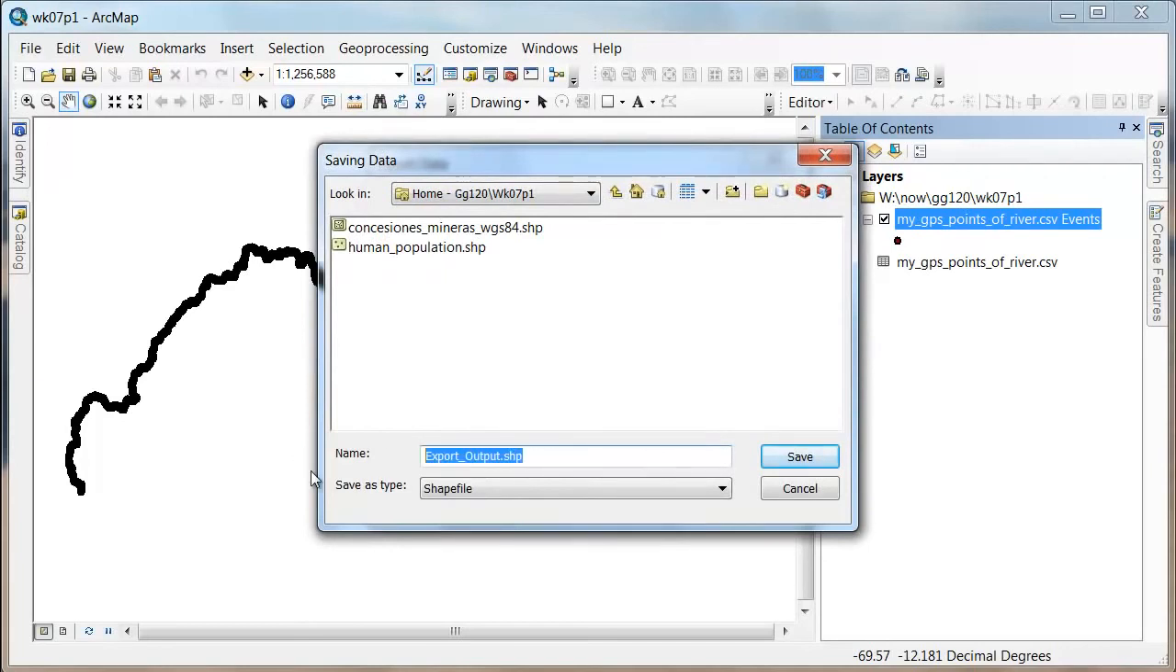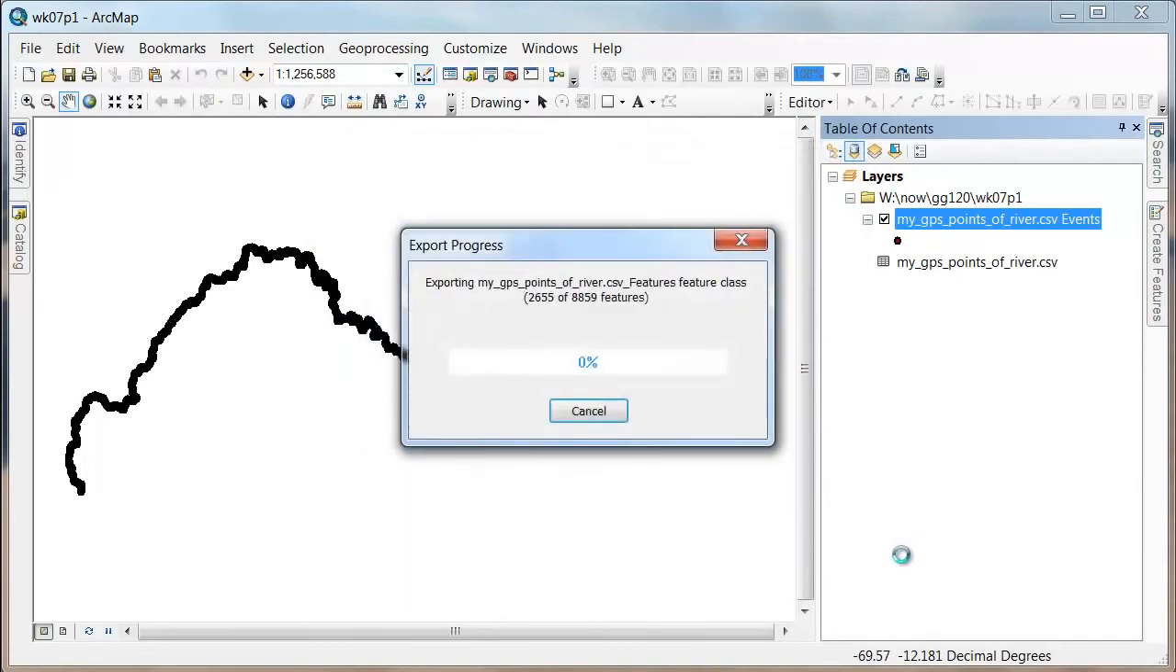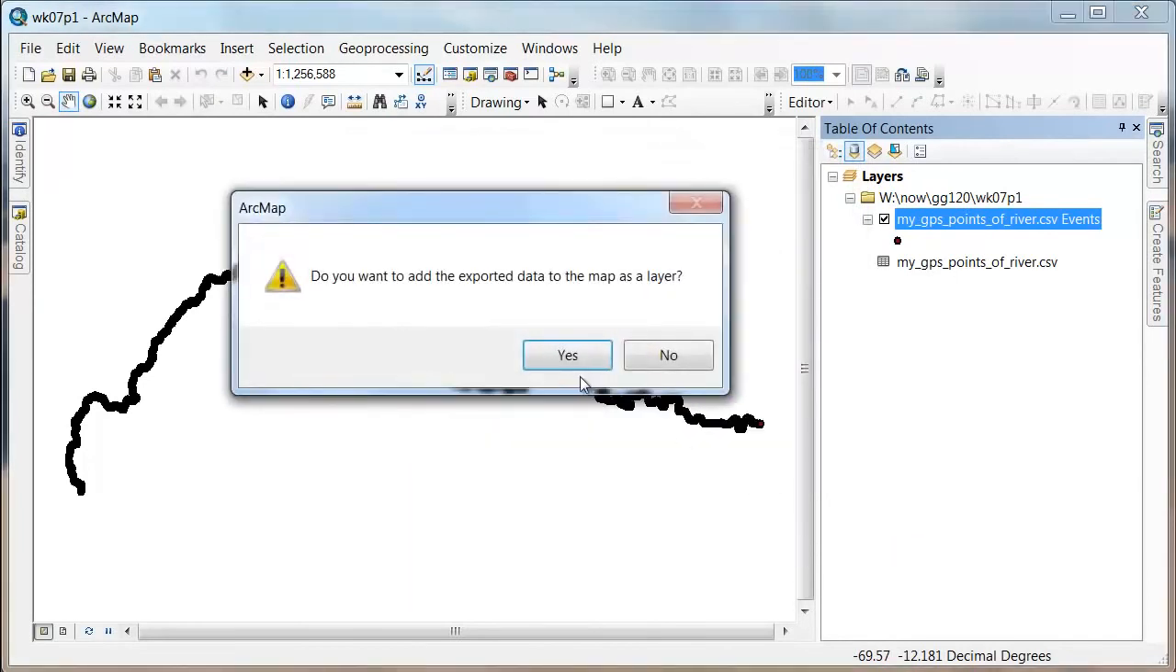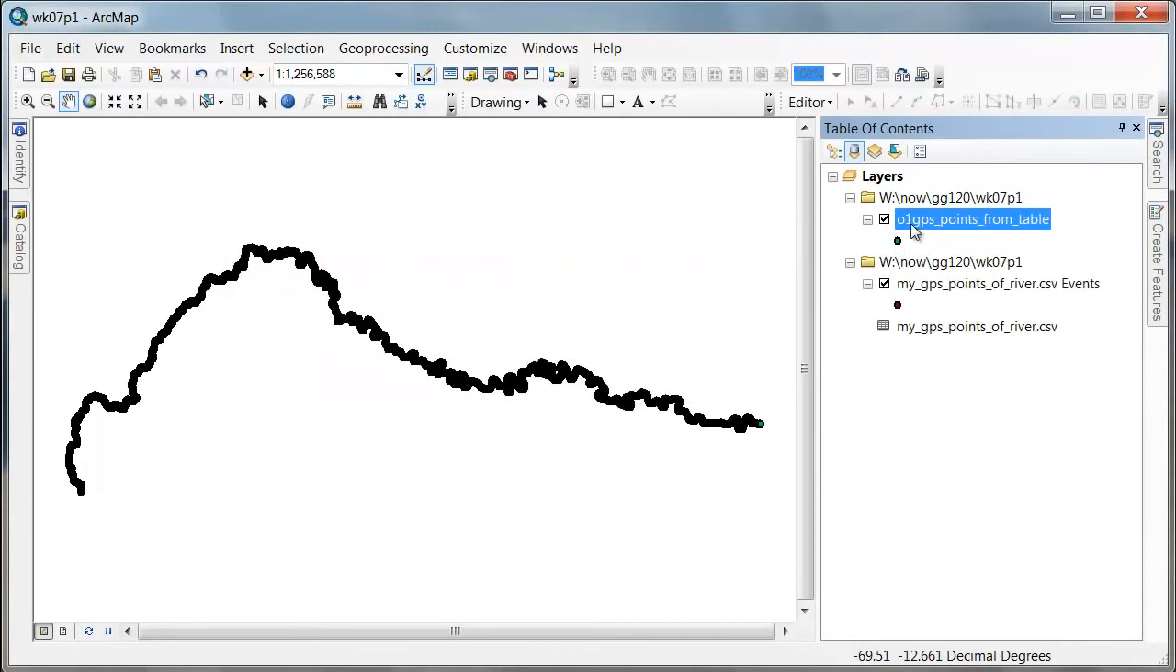And this was a naming convention that two of you showed me a couple weeks back that I thought was quite clever: you just start with the O as in Oxford, and then the number 1, and this will kind of work for you. So I'm going to say GPS points from table, and say OK, and yep, so we now have